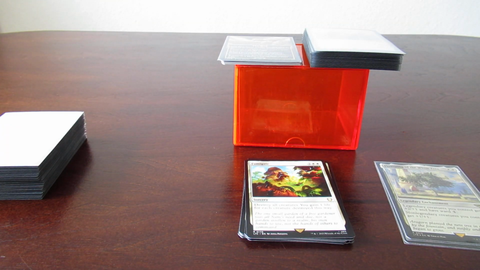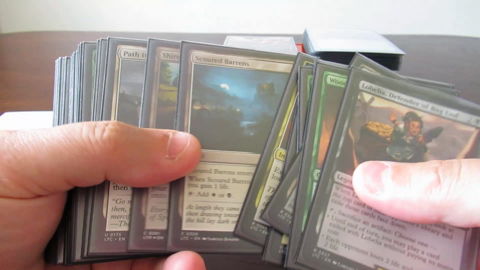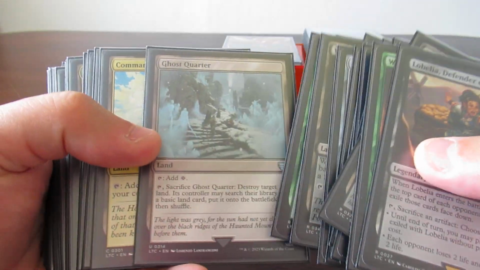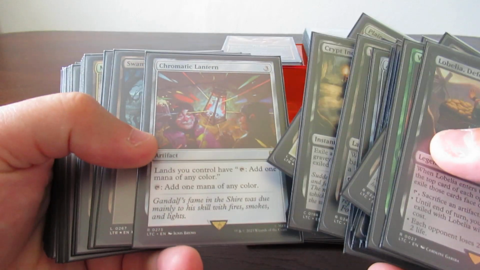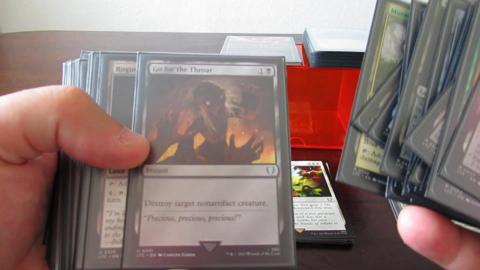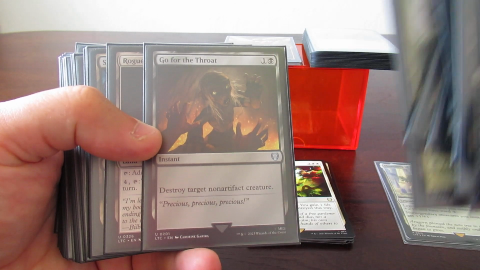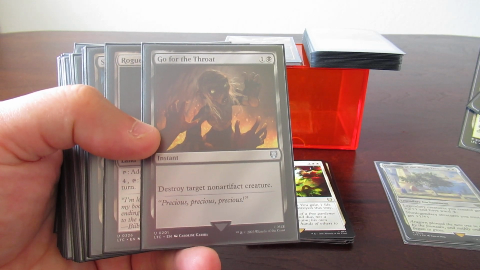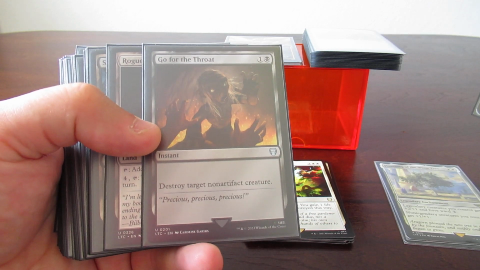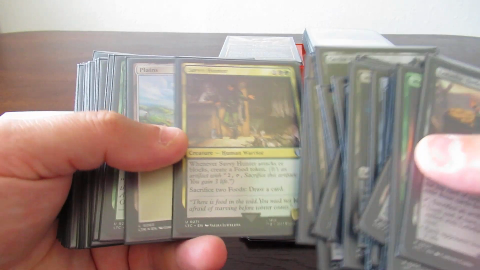Another idea somebody had is they took Go for the Throat out in favor of Hobbit's Sting. I don't fully understand that. I guess in their playgroup they have a lot of artifact creatures to worry about. In my playgroup that doesn't really happen. So Hobbit's Sting does damage equal to the number of creatures and Food you control. It sounds less reliable than destroy target non-artifact creature. Sure, it's 1 white, 1 colorless as opposed to 1 black, 1 colorless. But